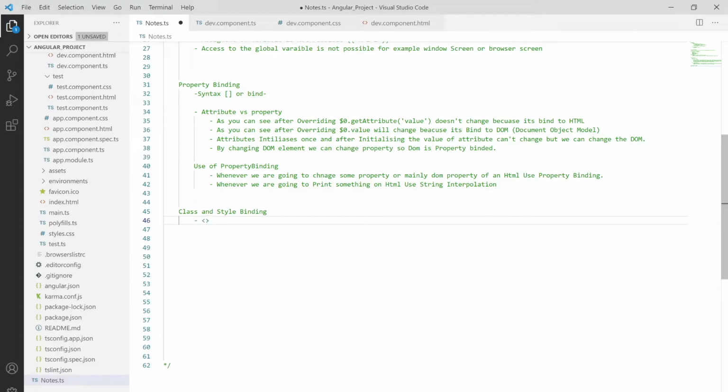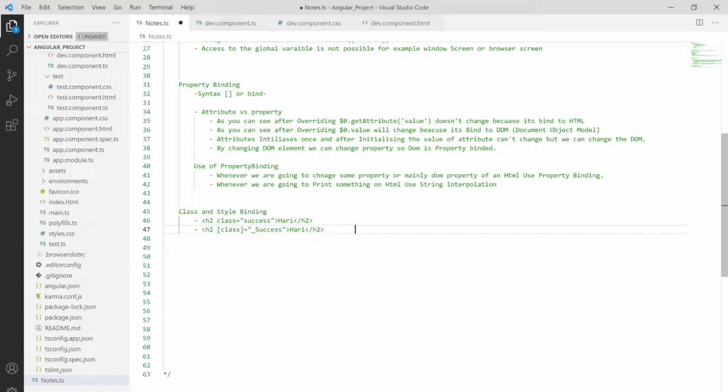So let me put it as h2, and then we have simply class, and then we have success, closing that h2 tag, write whatever you want to write. I'm writing as Hari. And also one more method which is h2, and then I'm assigning that class to, like, success, using that underscore success in the TypeScript, and then closing it, assigning Hari over here, and using the h2 over here.